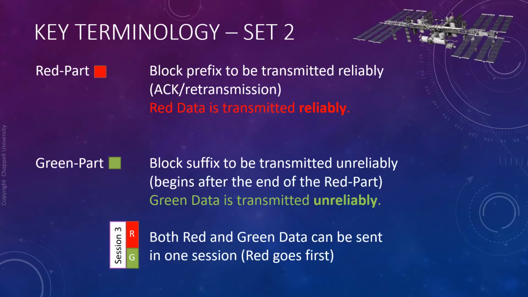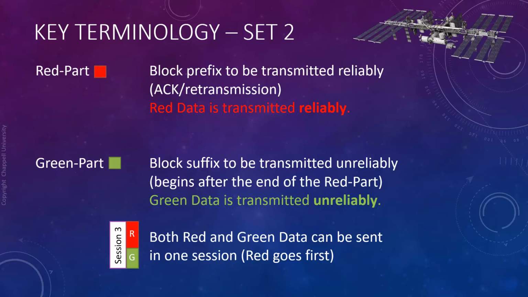Here's something that's really interesting about LTP communications. Data is either colored red or it's colored green. Any data that is considered red data is transmitted reliably, and the receiving end will track the offset of the data and the data length for the incoming packets. And when we ask for a report back from that receiver, it should tell us which offsets and lengths it has received, so we can figure out what needs to be retransmitted.